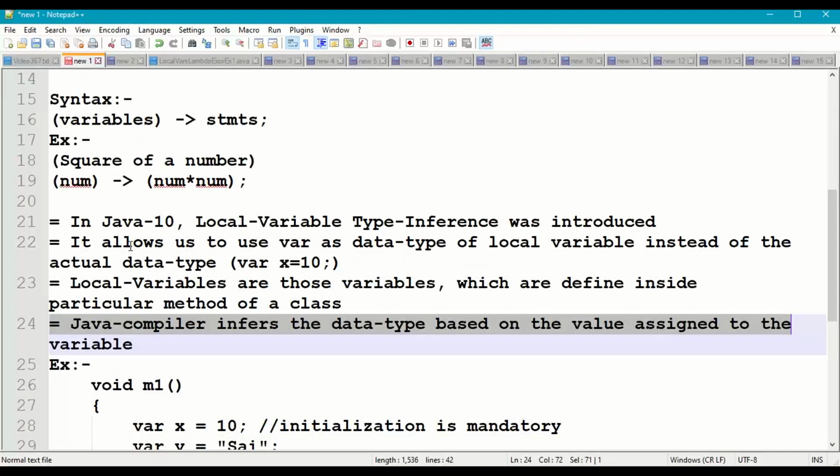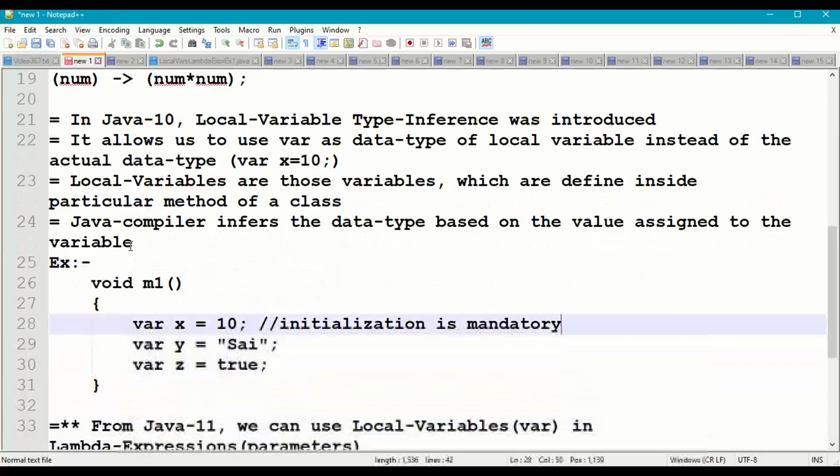Here, during compilation time, the Java compiler will automatically infer the data type for that particular variable based on the initialized value. For example, void m1, inside that local variable var x = 10.